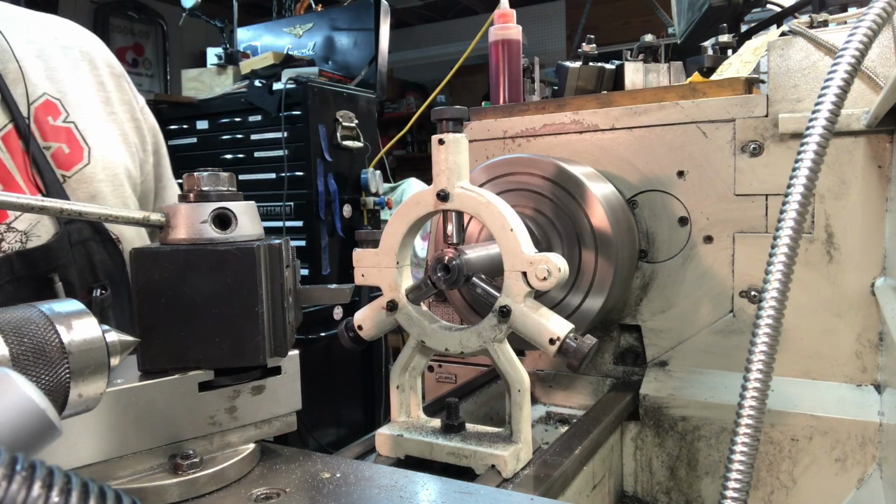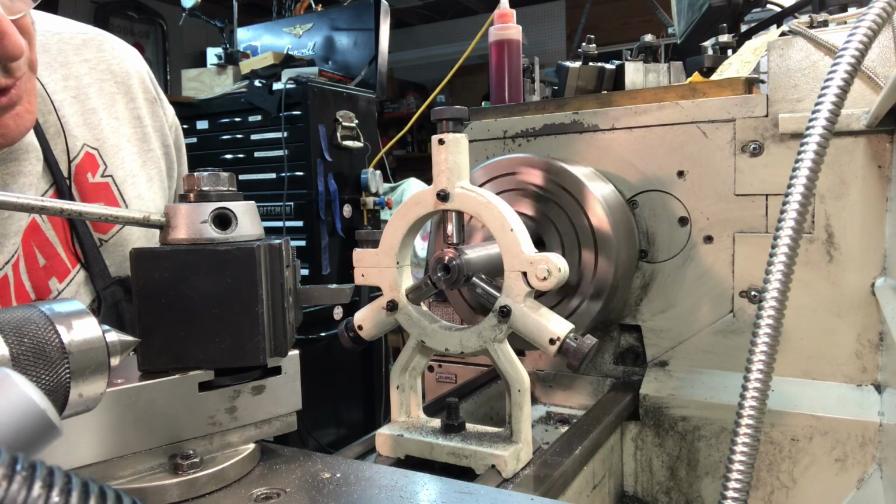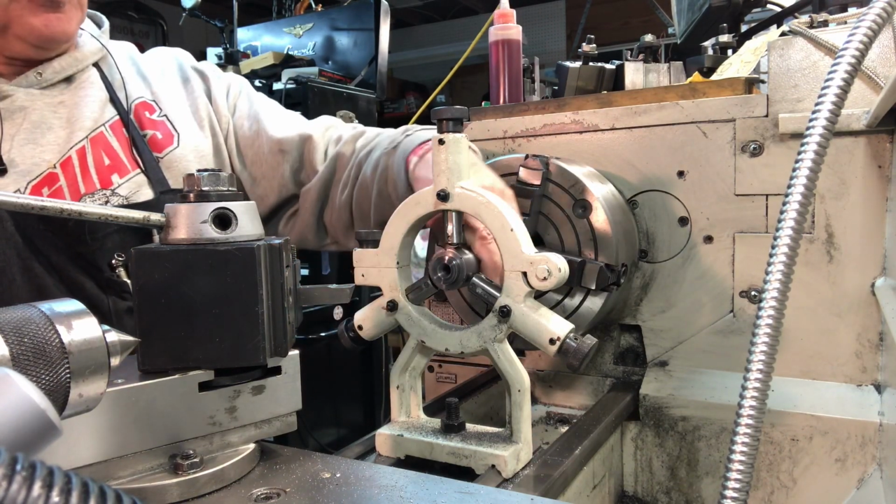Alright, so there we go. I'm going to call that good. This is very exciting to me. I'll do one more check to make sure the bore is clean, but, you know, just like...